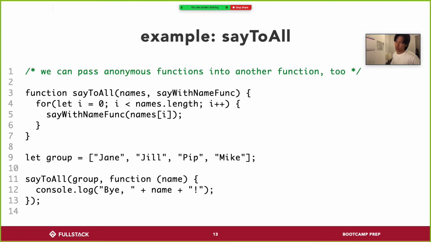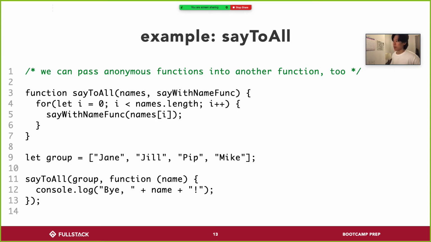Why might you want to do this? Well, if you don't want to reuse the function anywhere else, then you might not want to even bother creating a name for it, because if it's not going to be used except in this one specific context, then maybe skip naming it. I'm just going to define it directly in the parameter,